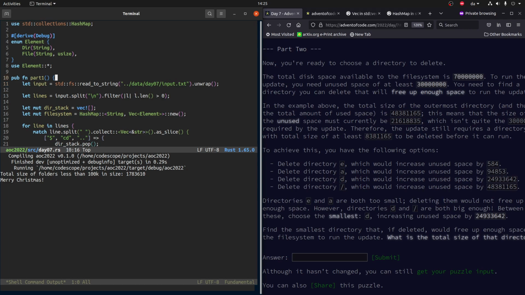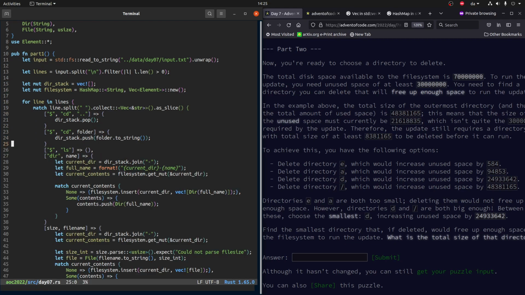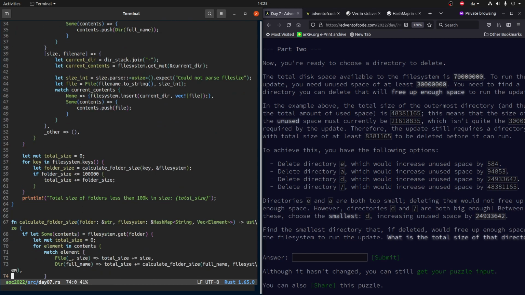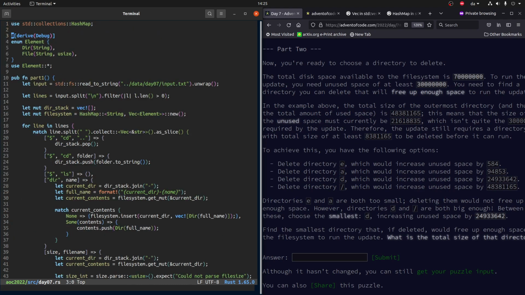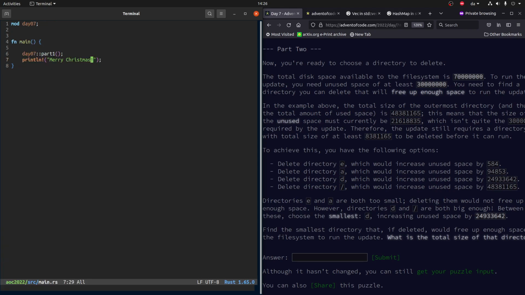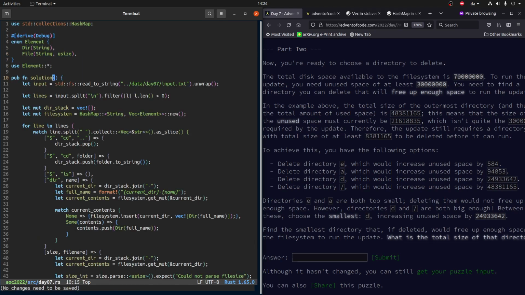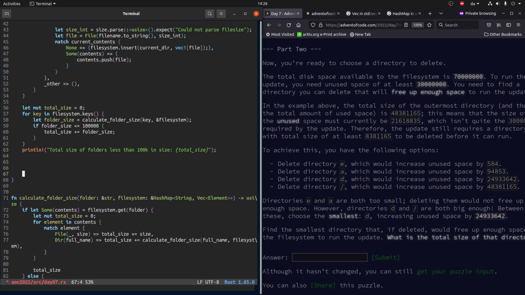Let me just remind myself. Right, so we have to like free up space now. And I think we will not write a different function. We will just like call this one solution or something instead. Let's go into main and fix that up. Like solution. Okay, so let's say